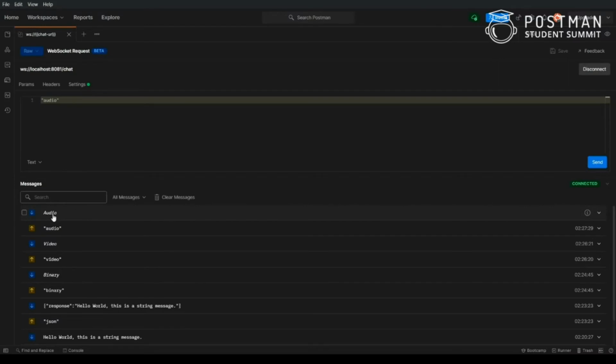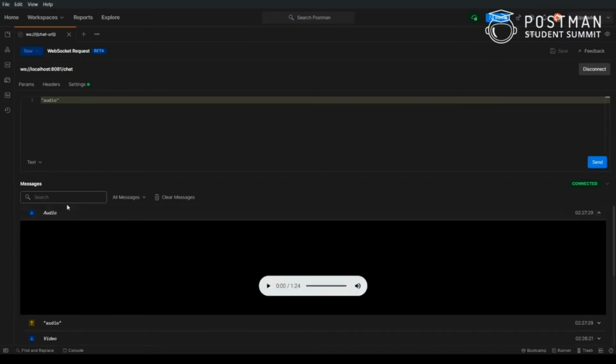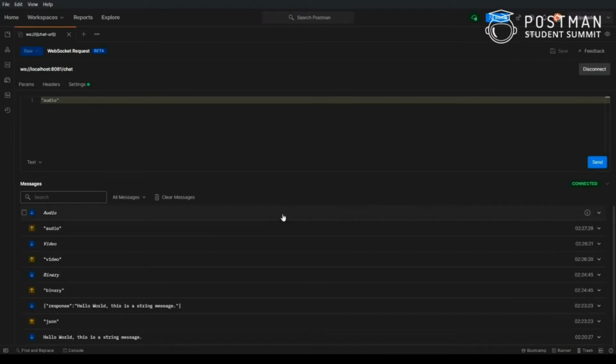So it automatically parses it, and similar to the video data, it allows me to play it as well. So yes, that is another feature.